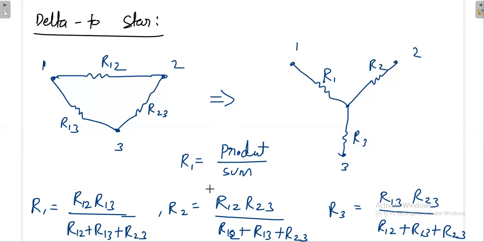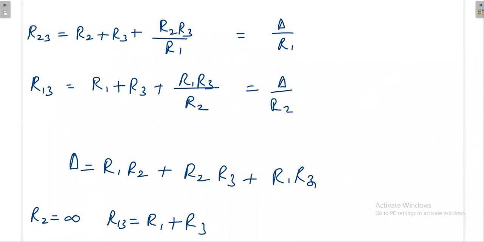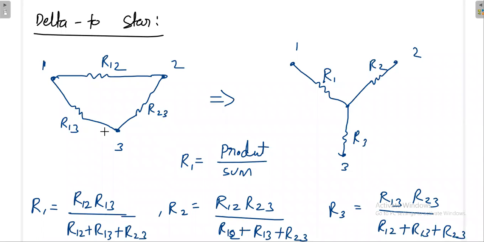Again here also you can do some cross check. If you remove one terminal, or make any one of the values 0, say R23 is 0, then the resistance between terminals 1 and 3 is the parallel combination of R13 and R12. Make sure that this matches the star. I explained with some conditions; similarly, try to convince yourself by taking some values, whether these formulas match or not.